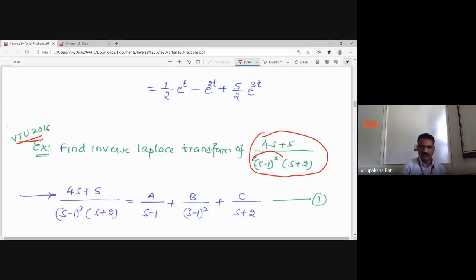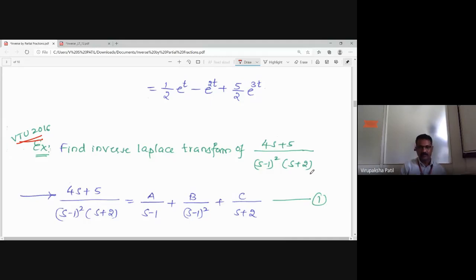We have to concentrate more on the denominator. Numerator, you don't worry, more on the denominator. Now, if you simplify this denominator, what happens? It will become s square into s, it will become s cube. Numerator power is 1. Therefore, you cannot divide numerator by denominator, because the degree of the numerator is less than the degree of the denominator. So it is a proper fraction or improper fraction?